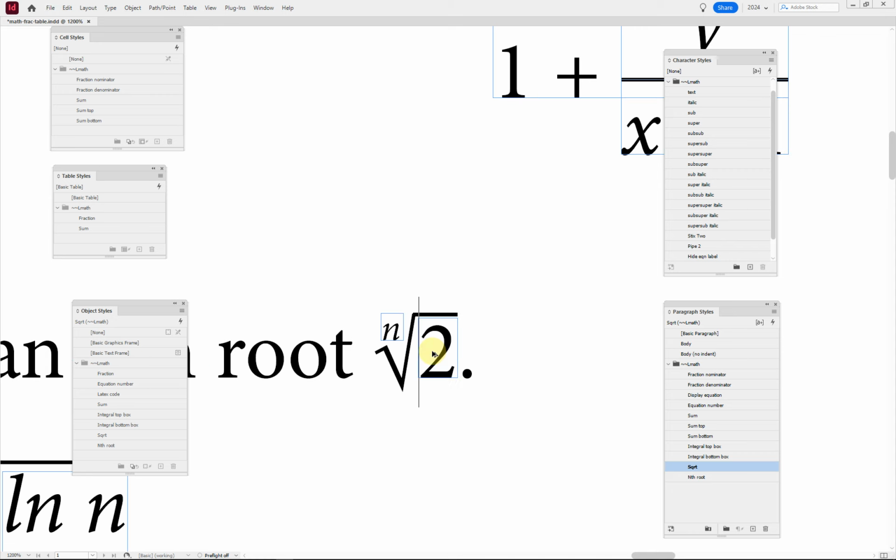I'll hide this. This is an inline like the other one. It's a square root. Again, the rule is provided by the square root style, and this one, the nth, the root's argument, I think you can call it, is in a